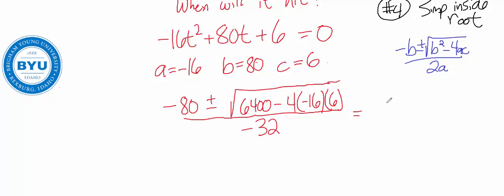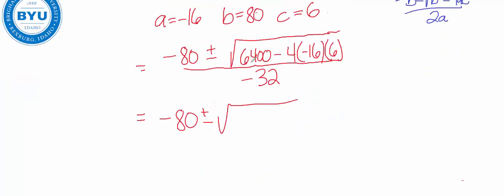Now let's go ahead and work on simplifying the root here. That's going to be negative 80 plus or minus the square root of 6,400 minus, I'm using my calculator here, 4 times negative 16 times 6. I get 6784 all over negative 32. Now, we don't want to say that this is our answer, because this is a word problem and that would